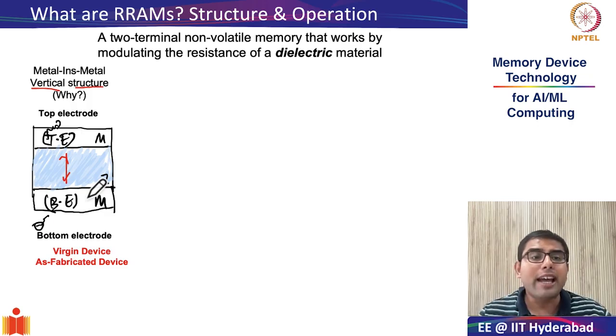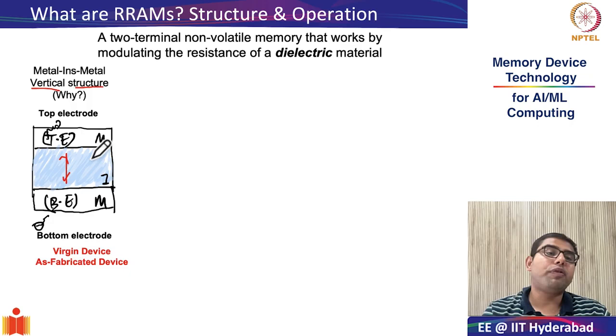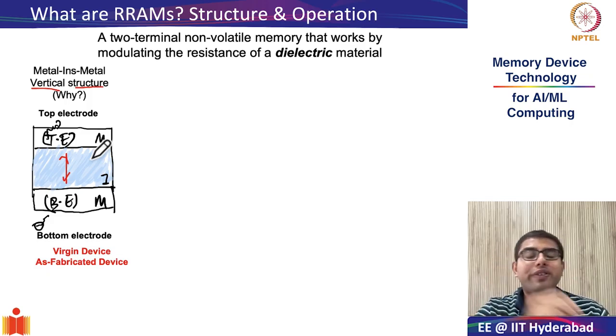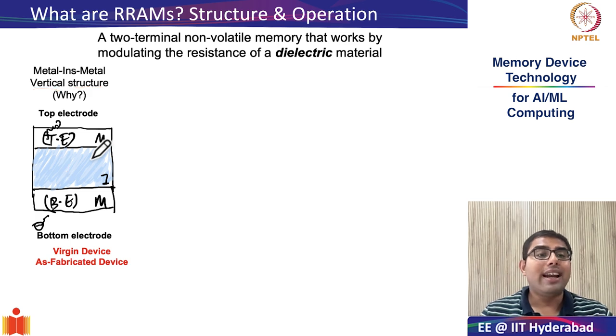The smaller we can make the dimensions of this insulator, the lower will be the voltage for operation, because the electric field is voltage divided by this distance d. So if the distance is low, the voltage can also be low to facilitate electric fields of reasonable magnitude. Okay, so this structure we have constructed or illustrated in front of you, a vertical MIM structure, is the so-called